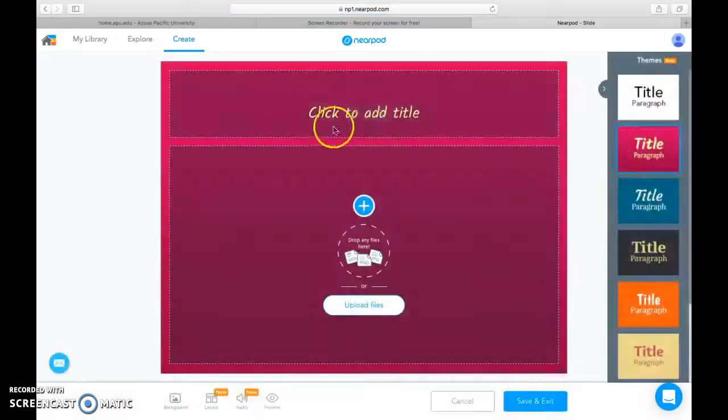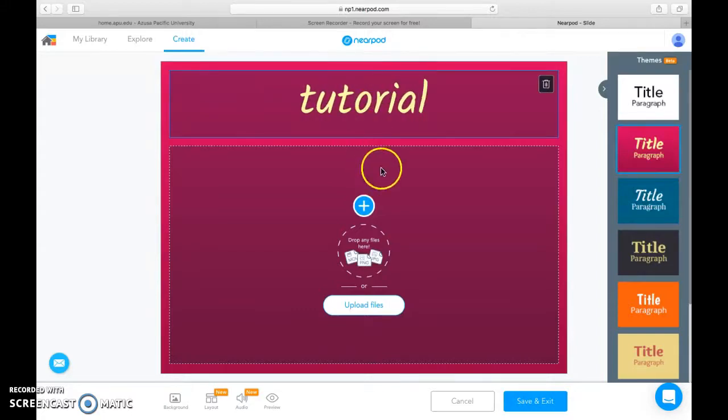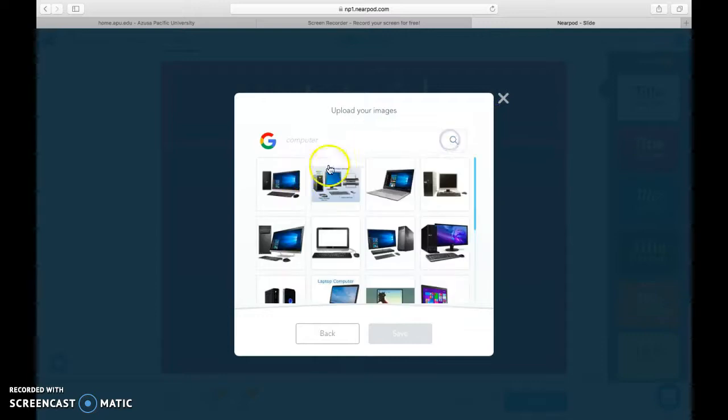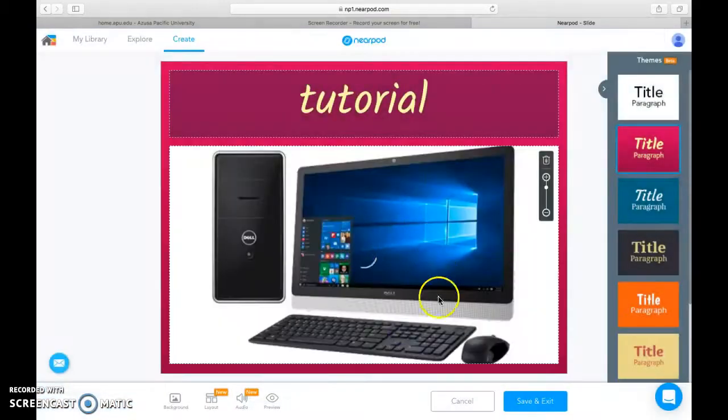You can choose the color background you want. And then you can choose images, videos from online. You can add text. So we'll just add an image here for time's sake. And you go ahead and add that. With this, you can also add